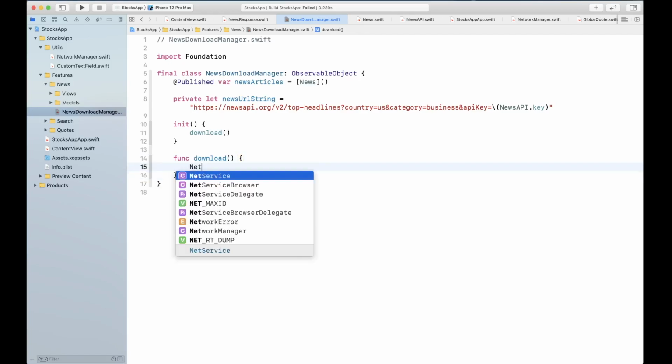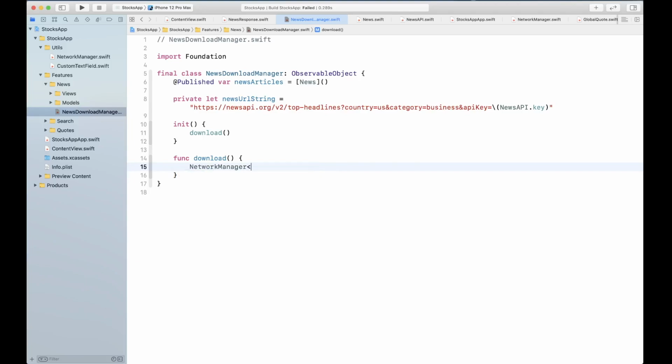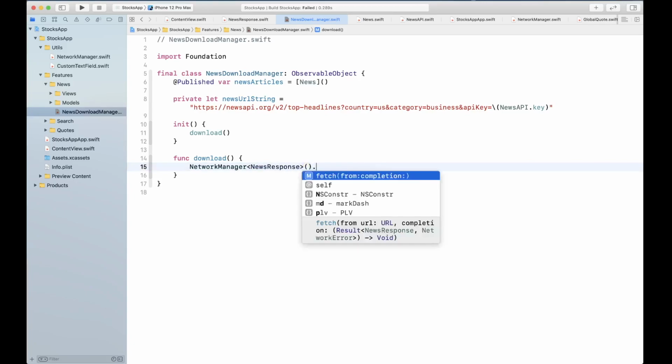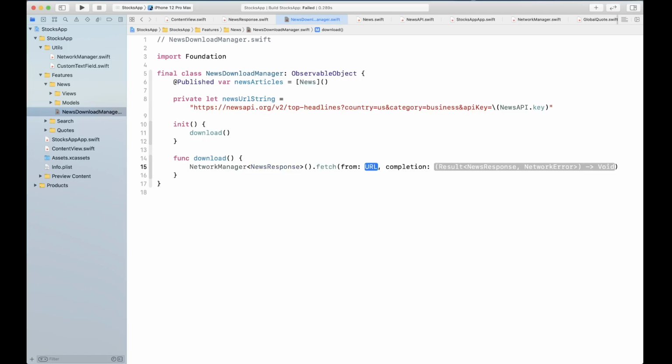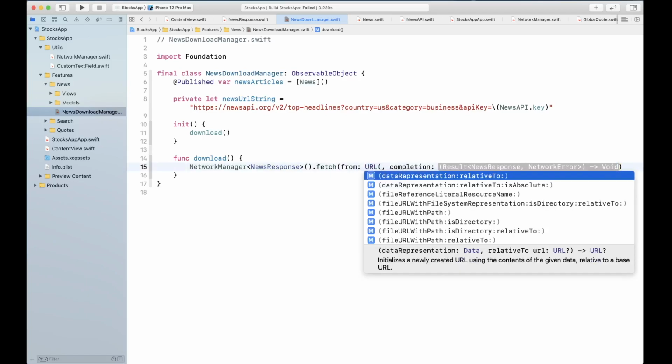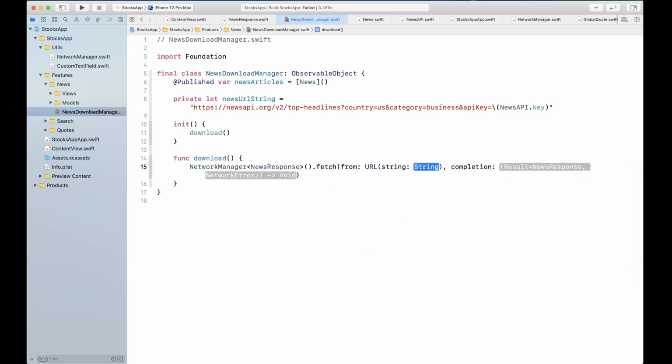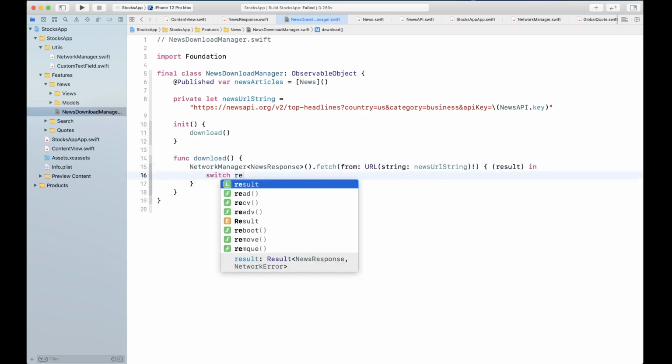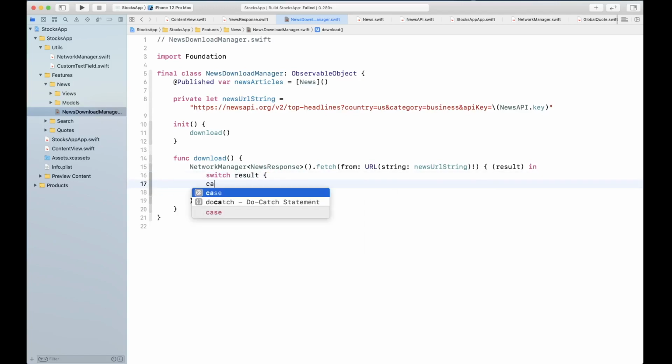So we're going to use our network manager once again, and this time we say network manager T, and the constraint is going to resolve to news response. We're going to fetch from the URL string, which is news URL string, with the completion being the result, and we're simply going to put a switch statement on result.